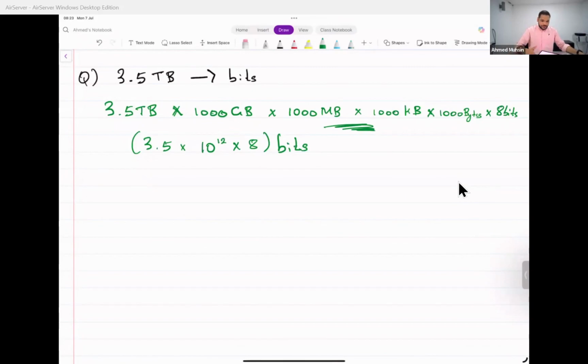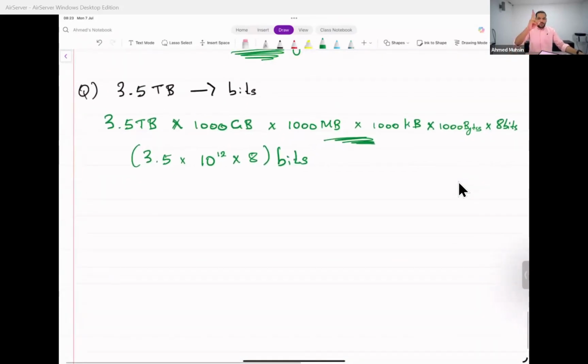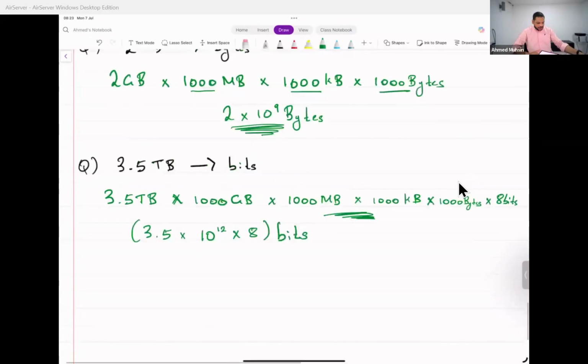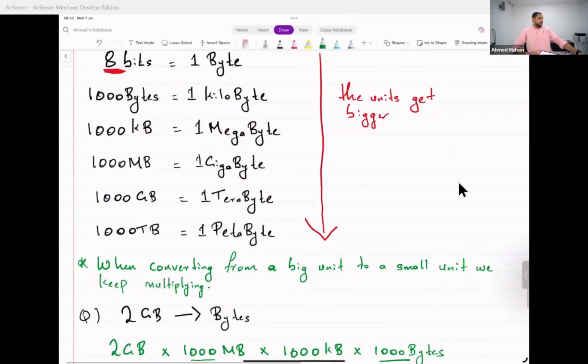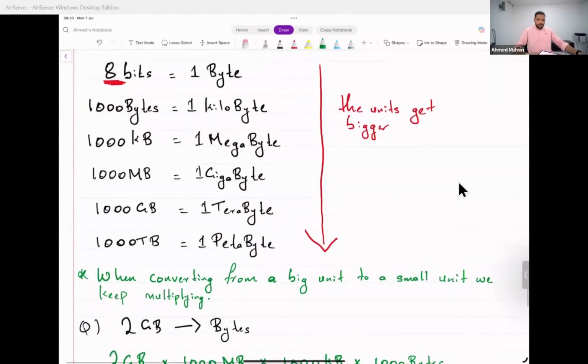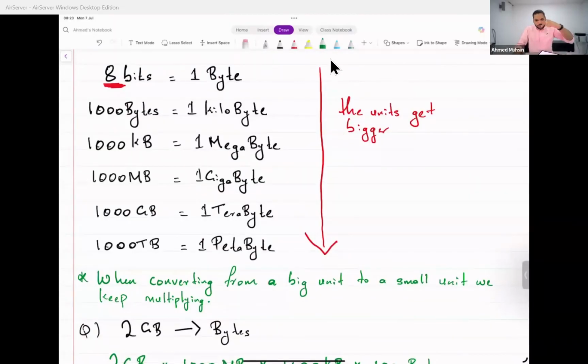Right, guys, girls, everybody. Let's keep moving down now. Can we write rule number 2? Everybody, can we come and look at this table again? When you go from top to bottom, the units are getting bigger. When you go from bottom to top,